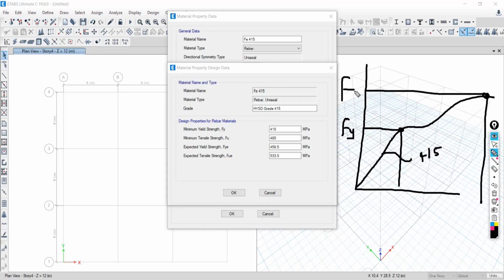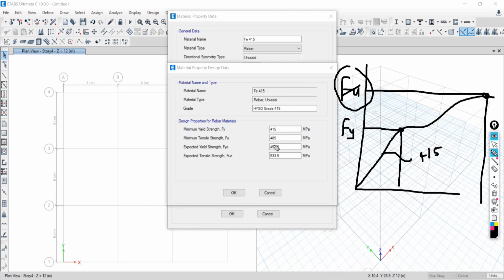We are representing it by Fu. Am I right or wrong? So definitely your ultimate strength will be greater than the yield strength. But for a particular material, if you want to find out the ultimate strength, you need to go to the laboratory and perform the test. After the test, you will get the exact ultimate strength of that material.